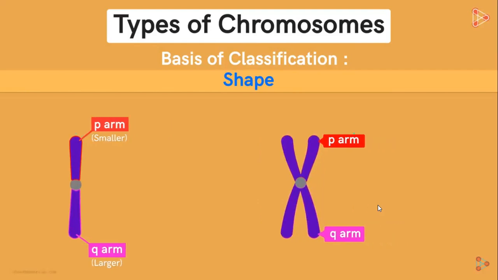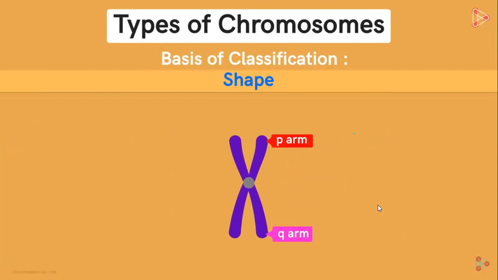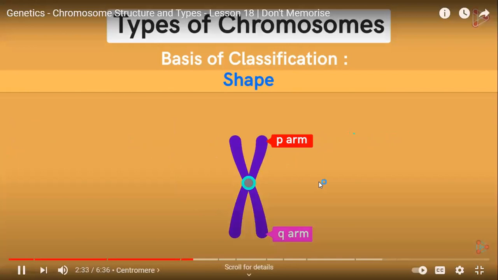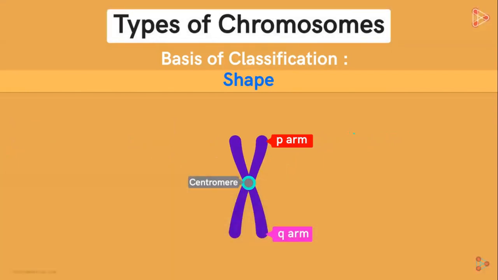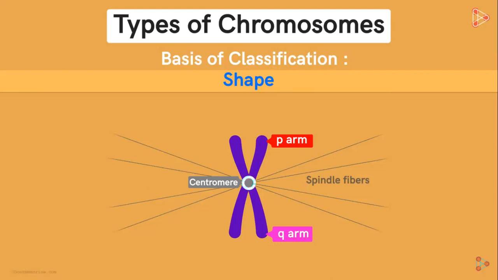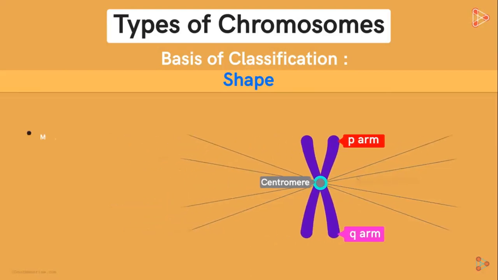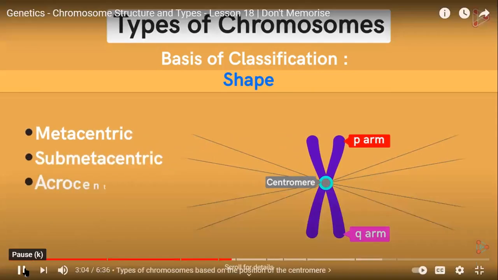Now let's focus on this chromosome structure. Can you guess what the structure is called to which the arms are attached? Well, this knot-like structure is called centromere. It's the portion of DNA that acts as a link between the two sister chromatids. That's not its sole purpose. Its major function is the attachment of spindle fibers during the cell division process. And let me tell you one more interesting use of the centromere. It's the position of the centromere that helps us categorize the chromosomes into four types. The four types include metacentric, submetacentric, acrocentric.